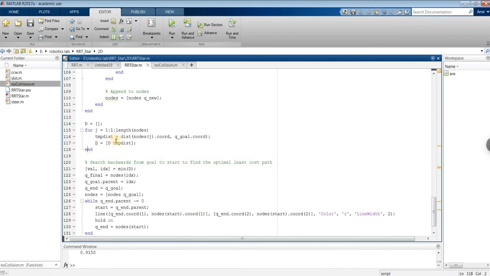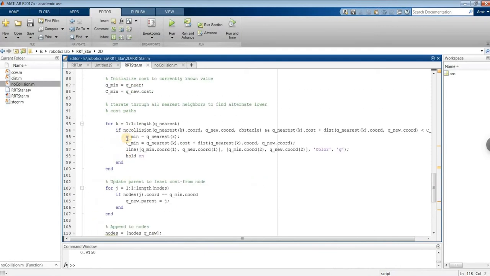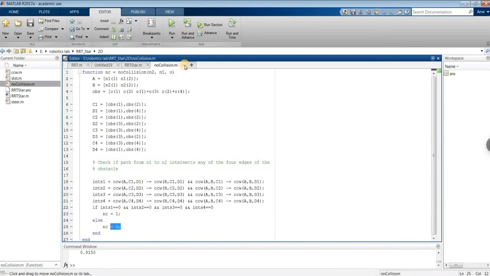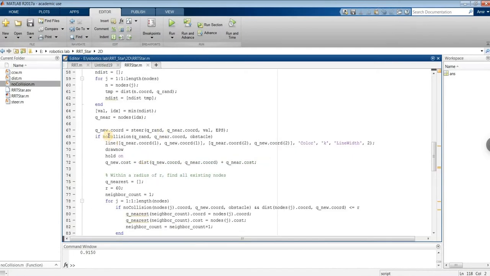So actually you don't do anything, you just discard this new point, and yeah, so this is no collision. And if there is no collision, it means that the next segment of the code will be executed, and in this code we will plot a line, and the line will be plotted between the nearest point to the new point, along the x and y coordinates, and this plot will be instantaneous. And then we calculate the distance between the new point and the nearest point,